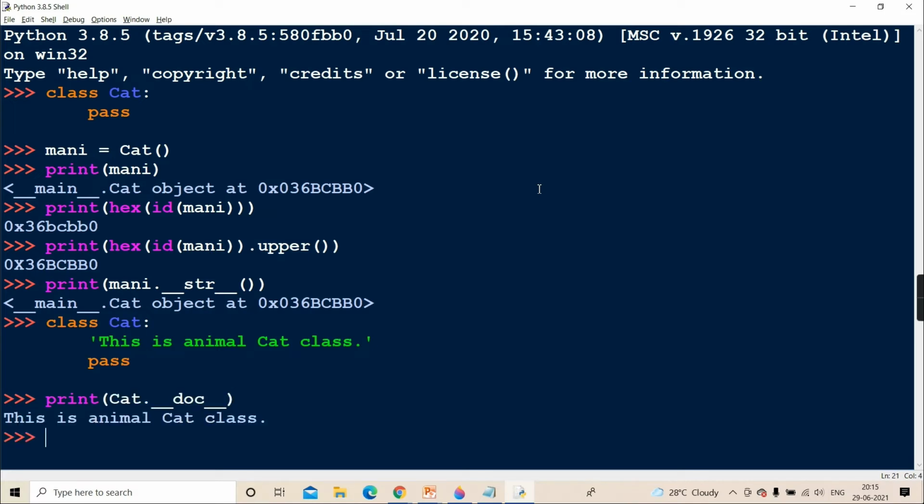Means how intelligently the Python interpreter is doing everything internally for you. You don't have to do all that. Whenever you create a class, automatically that class will get one property. But it's a class property, not an object property. Now you'll say, what is the difference between class property and object property? I'm coming to it.